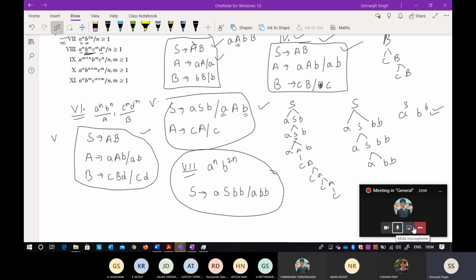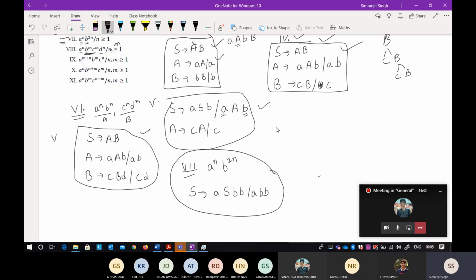The answers are already in. Yes, Phanindra, m is greater than or equal to 1. In the seventh question, I think I have not written m, sorry for that. And there is m greater than or equal to 1. For that, Phanindra has given the answer as well as Jagan has also given the answer. Let me see a and d. I will just write it and see what the exact answer is, because all the answers are already given.